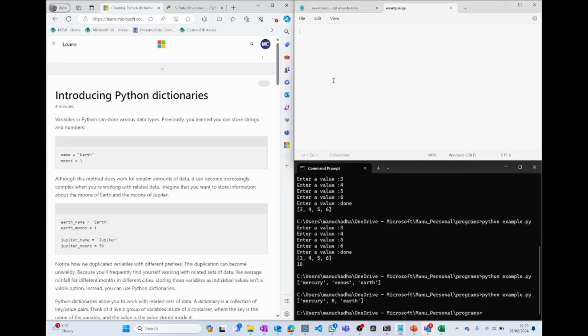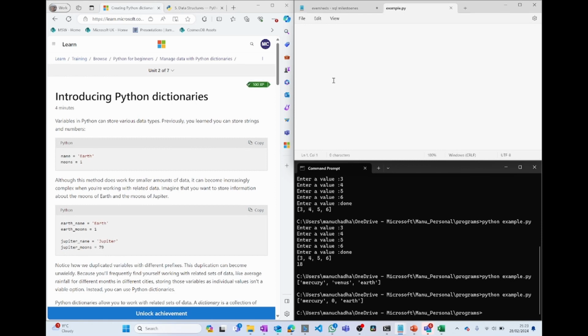To give you some context, previously I spoke about lists. If I want to create a data structure to store the names of all the planets, I can create a list denoted by square brackets, and then add the names of the planets in the list. But what if I want to store the name of the planet and also its diameter? Then if I want to combine these two as a single group, I would be using what's called a dictionary. So the planet dictionary